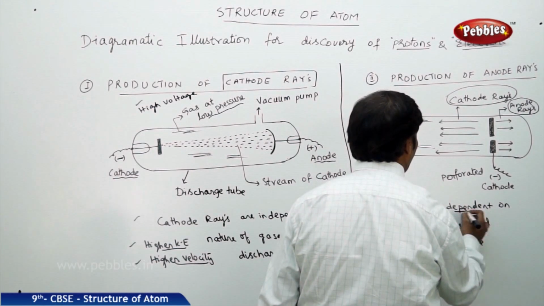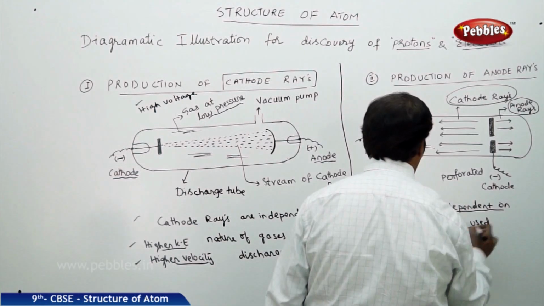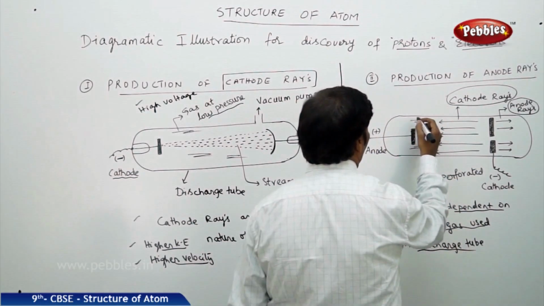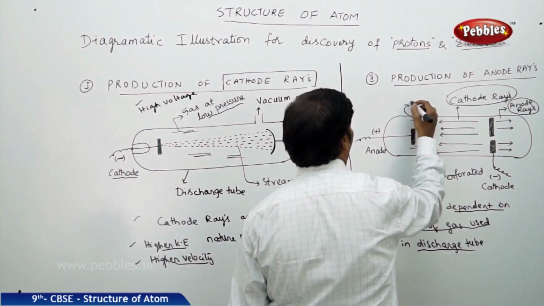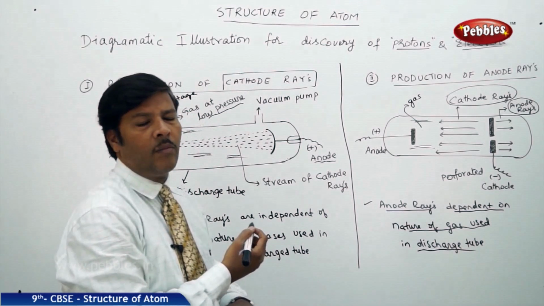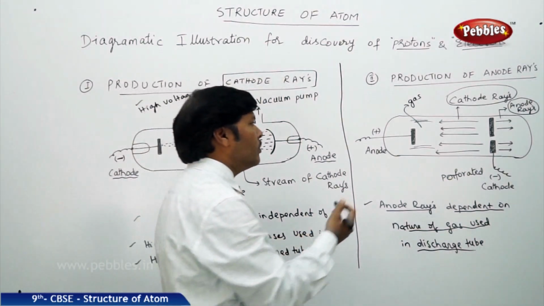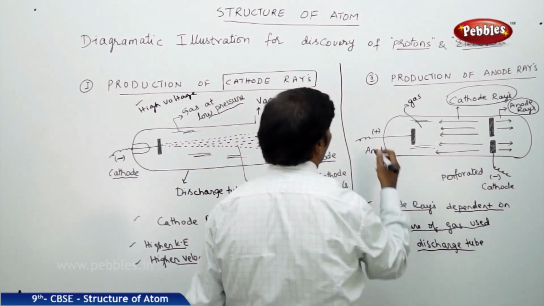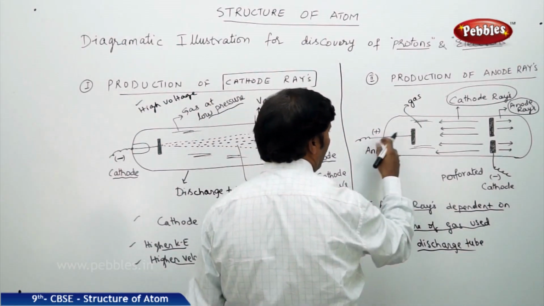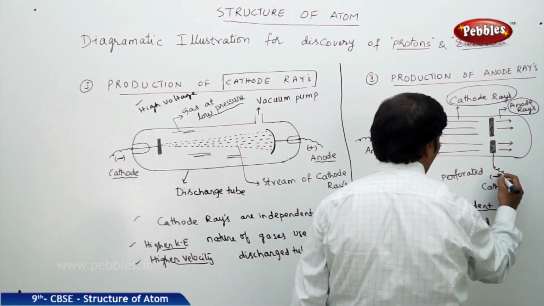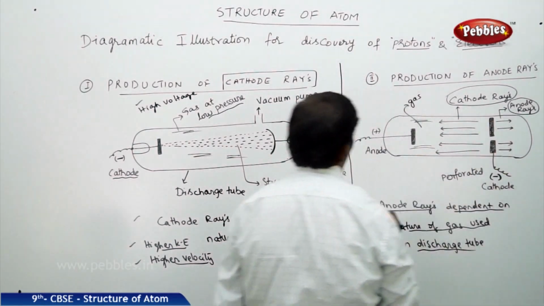And because we are saying that it is dependent on the nature of the gas used in the discharge tube, suppose you are filling some rarefied gas inside the discharge tube, for example helium gas or hydrogen gas. If you are using hydrogen gas, once you pass the electric current at high voltage into the discharge tube,